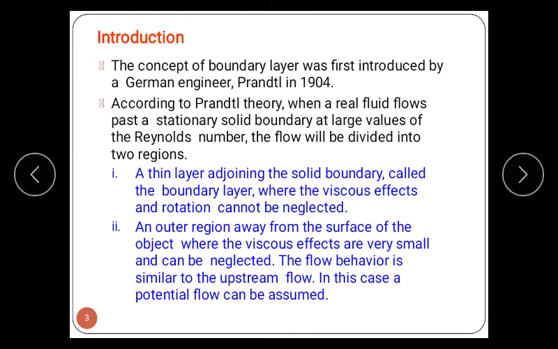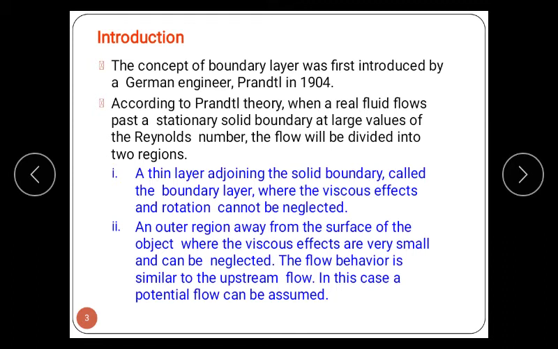transition. There are two sets of values. For fluid flowing through a circular pipe, the Reynolds number should be less than 2000 for laminar flow. For turbulent flow, the Reynolds number is greater than 4000, and in between the two values, 2000 and 4000, we have transition flow. This is the case for a circular shape.